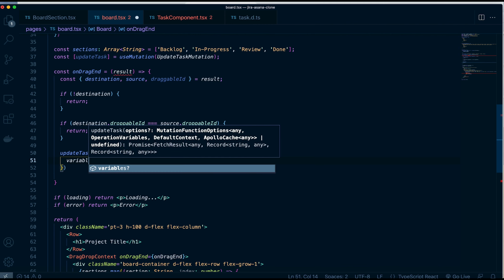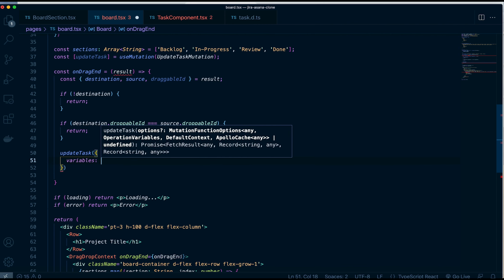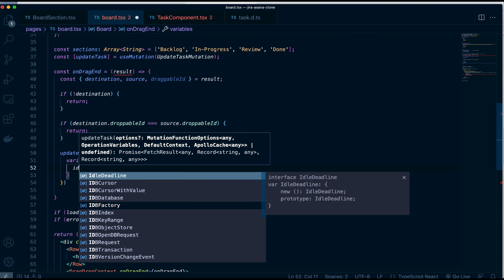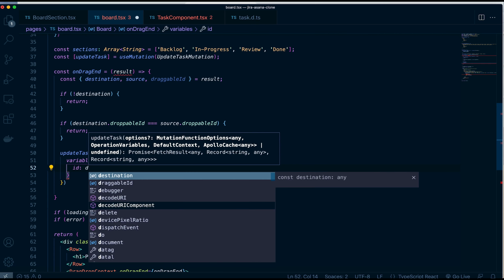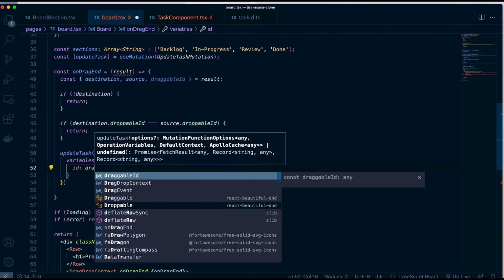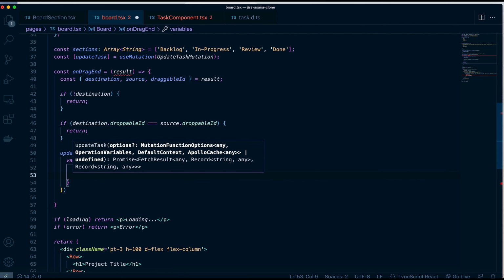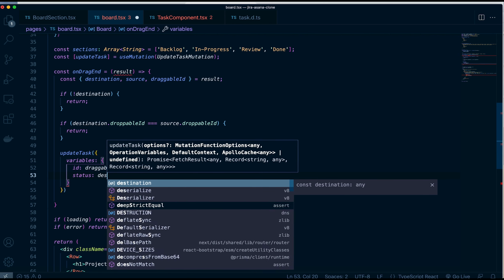As for variables, we don't pass all of the fields for task, just because we need only ID to identify which task got updated, and then this ID would be the draggable ID, since task is the draggable item, and then only status got updated in this process, so status would be